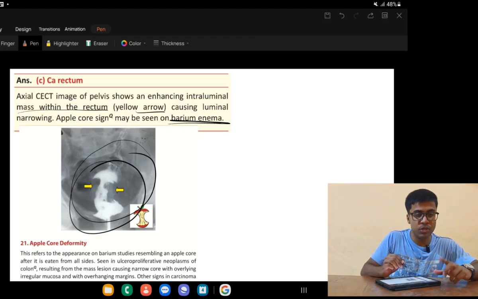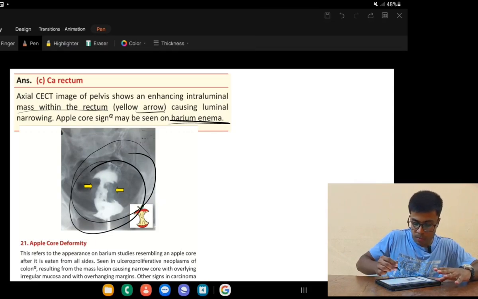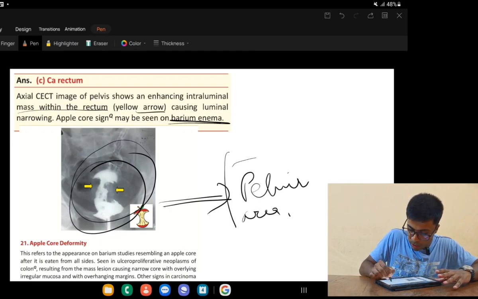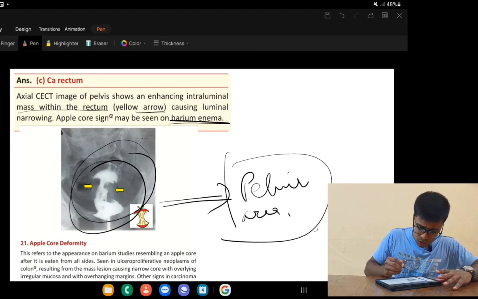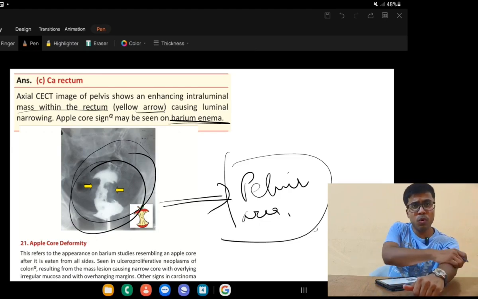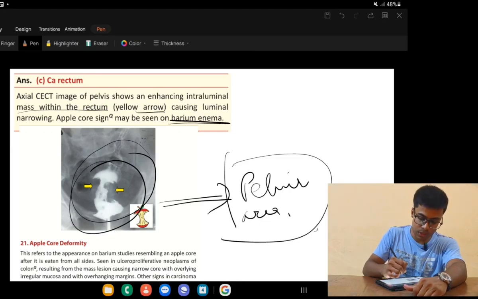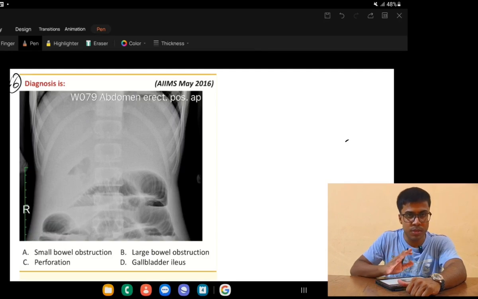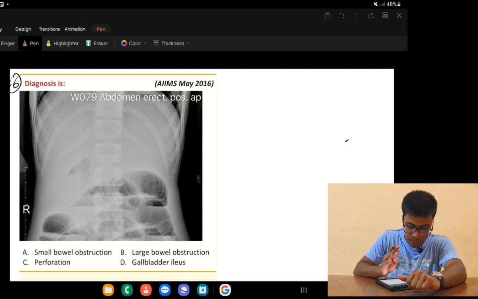So you have to see the image and carefully mark, because here it's near the pelvic area. One more apple core sign we have seen, that is on barium enema, is for carcinoma rectum. Then we have this question, diagnosis, a simple direct question,